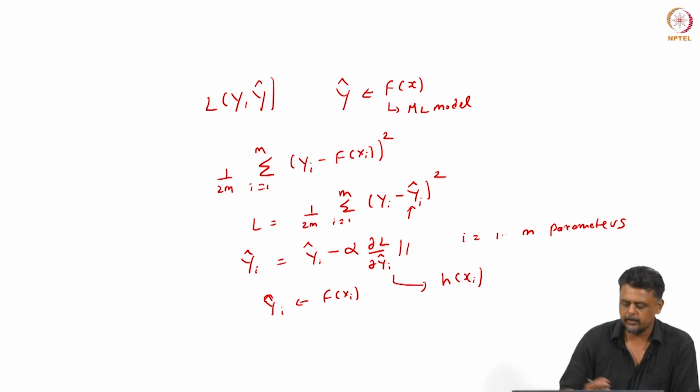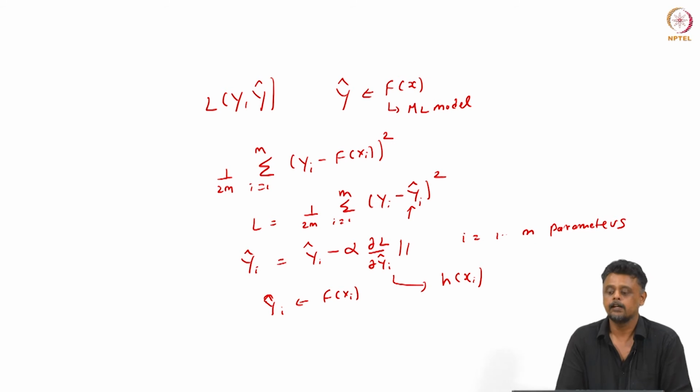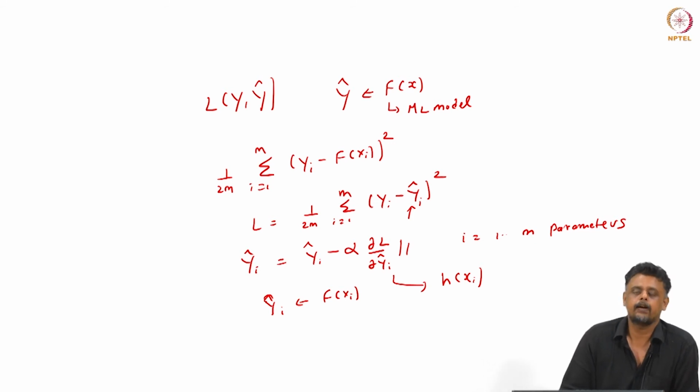So, why do we do this? We can say, well, since L is differentiable, we can just calculate that and directly keep updating. The problem with that is, remember that we have a finite training data set. We do not have all xi, we do not cover the entire space of xi. So, since the training data is limited, we only have a very small number of points. Let us say each x has 20 features, and we only have 1000 or 10,000 data points. You think about it, we will not be spanning the entire space.